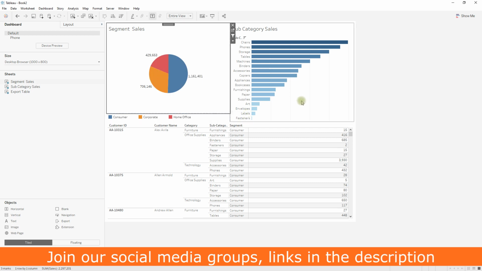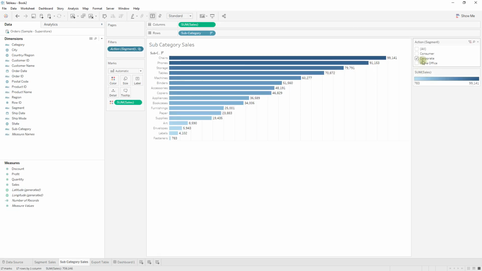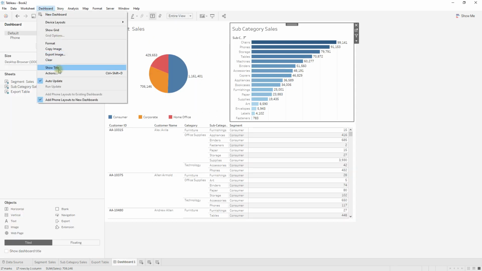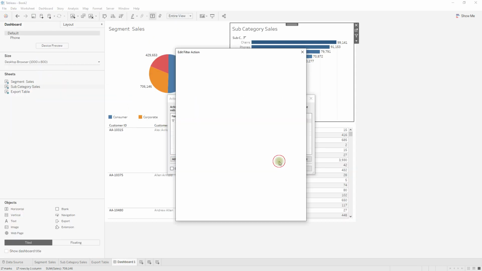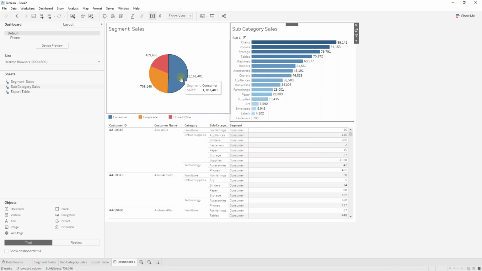If you clear the selection, the values remain the same. To check, go back to the sheet. See, corporate is still selected because on clearing the action, we have selected to leave the filter as it is. So the previous filter will remain as it is even though you have cleared the selection.